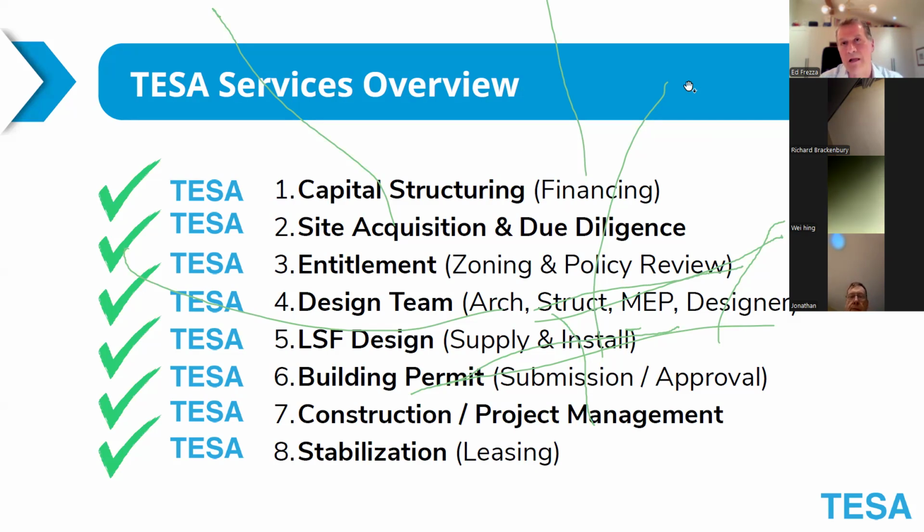Number two, we now start looking at properties and selecting sites that might be suitable and doing the due diligence. Thirdly, entitlement. This is basically to take that piece of land and see what the city thinks we should be able to build there. What does the city allow us to build? And this is where we start going into as of right or into committee of adjustment and seeking minor variances.